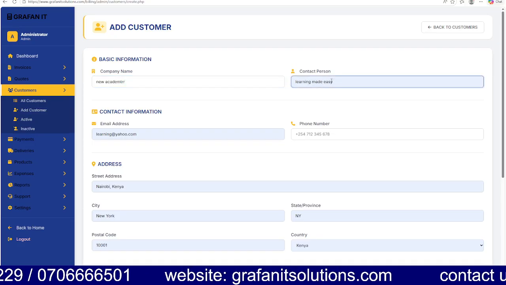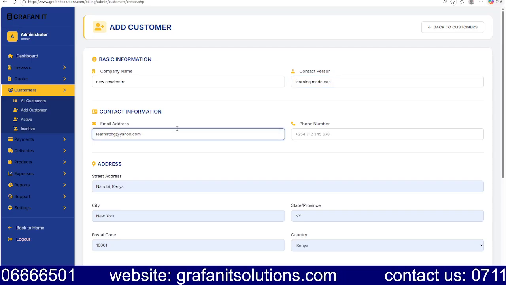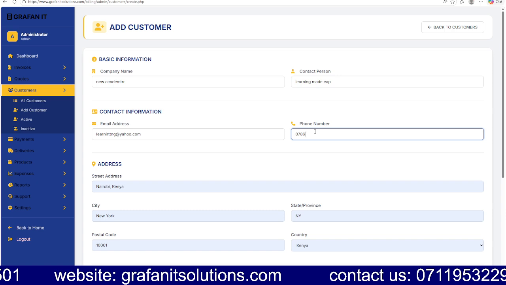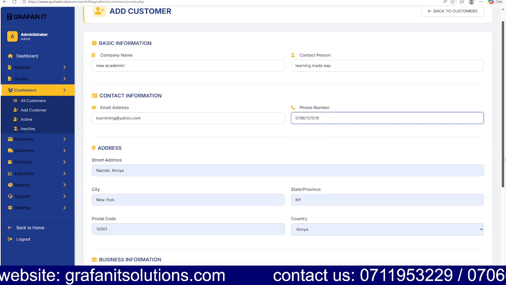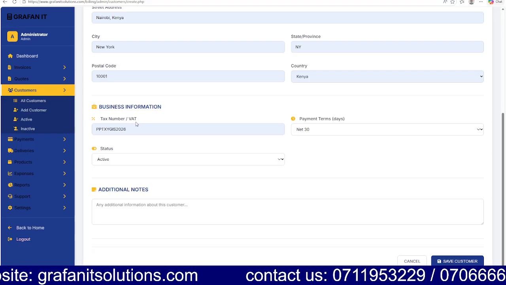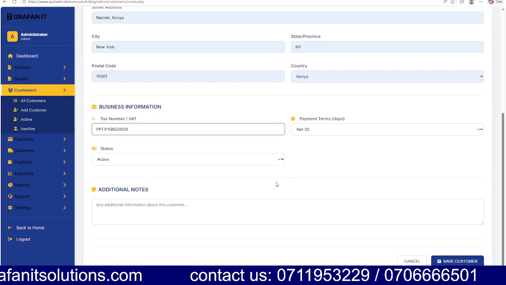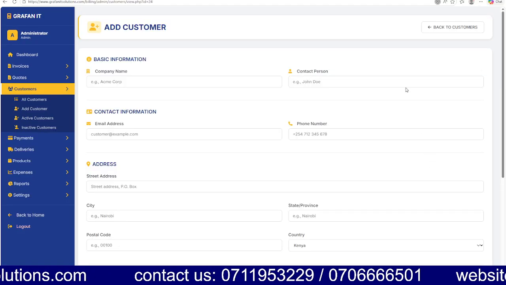Contact person, you key in the contact person, the email, maybe the phone number, the area, maybe the PIN number, then active,